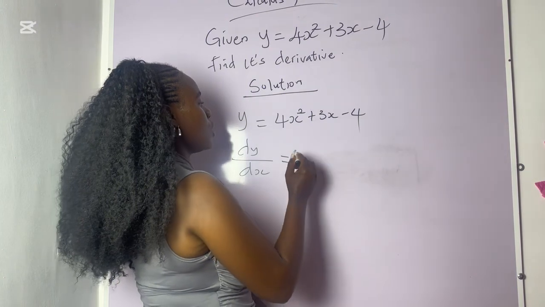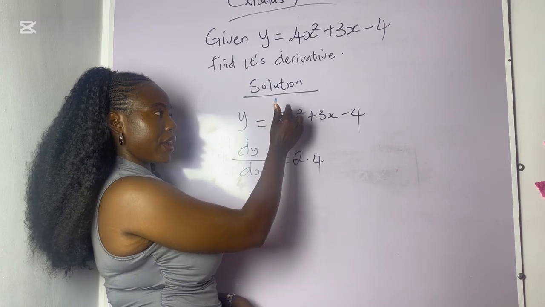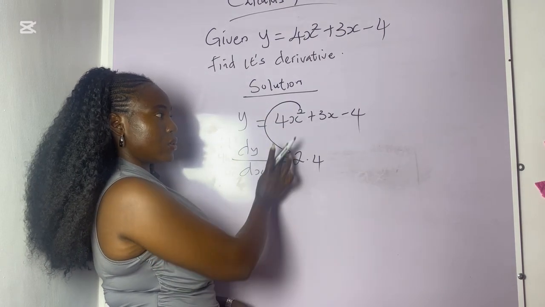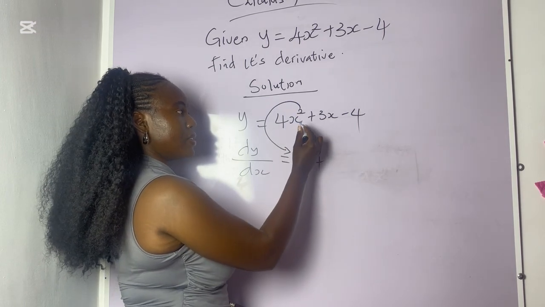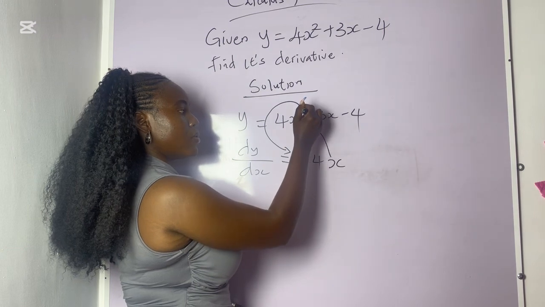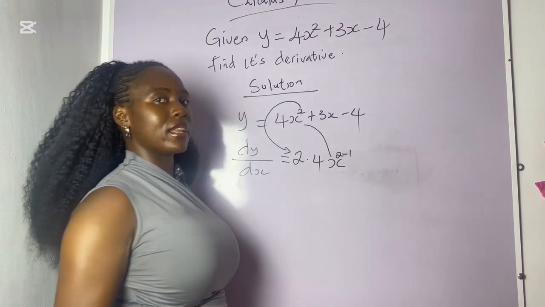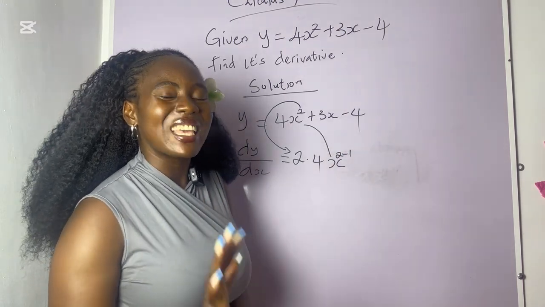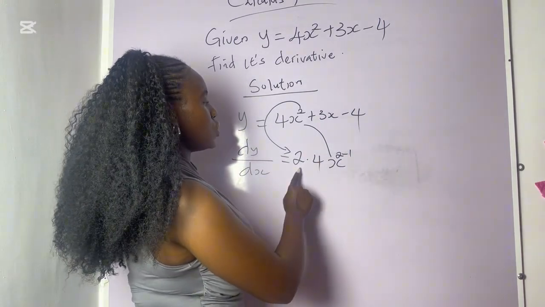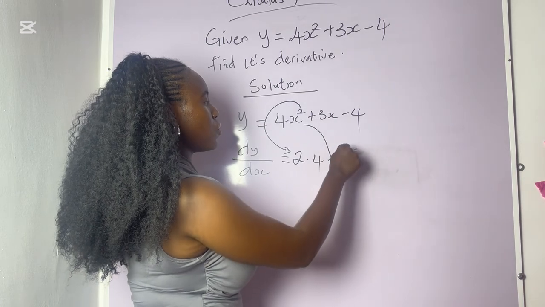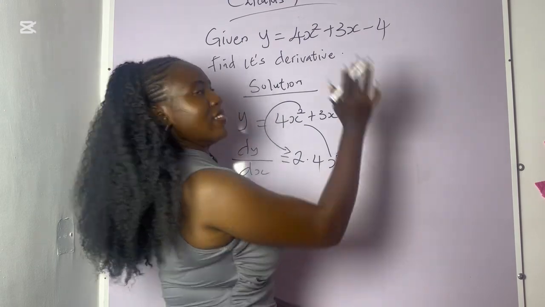So we're going to have 2 times 4, because this 2 is coming from the power here, so the 2 comes down and multiplies the coefficient of x squared, which is 4. Then we have the variable itself, x, and the power of x here is 2. Then you subtract 1, so 2 minus 1. We are here to make this math very simple and easy for everybody to understand. That is my aim here. Now we have 2 times 4, x to the power of 2 minus 1, plus 3,